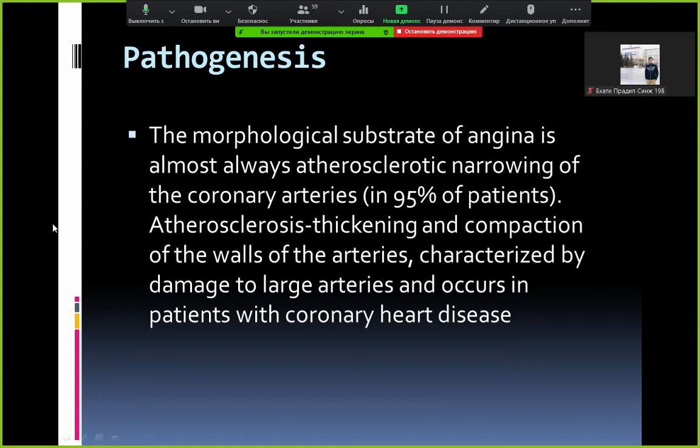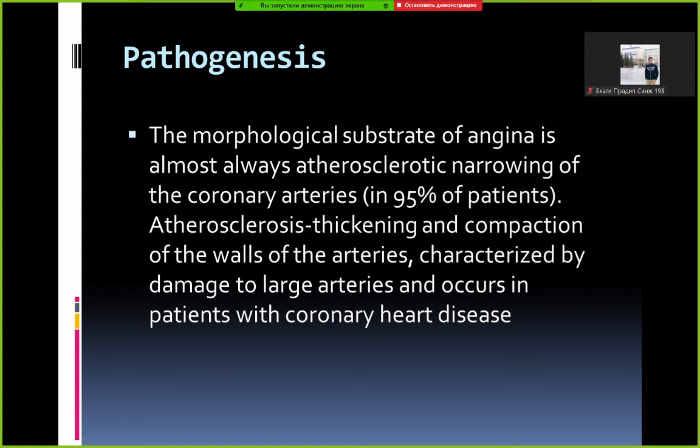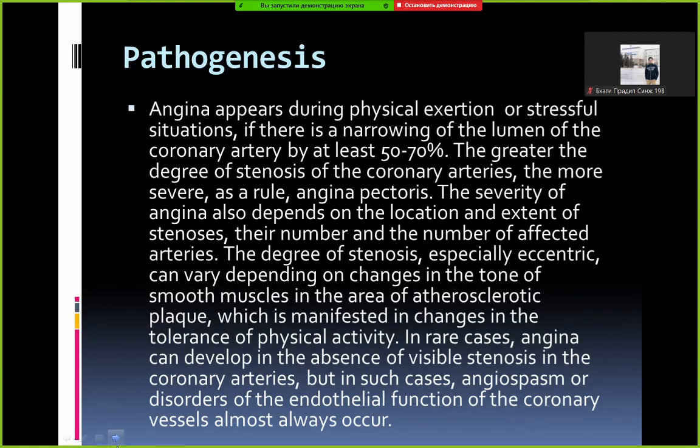The morphological substrate of angina is almost always atherosclerotic narrowing of the coronary arteries. Atherosclerosis, thickening and compaction of the walls of the arteries, is characterized by damage to large arteries and occurs in patients with coronary heart disease. Angina appears during physical exertion or stressful situations if there is a narrowing of the lumen of the coronary artery by at least